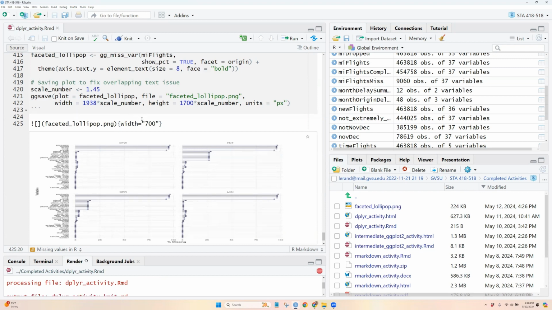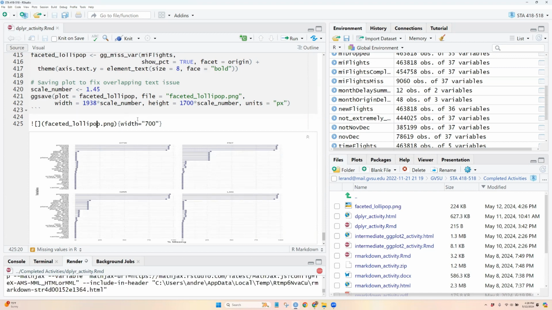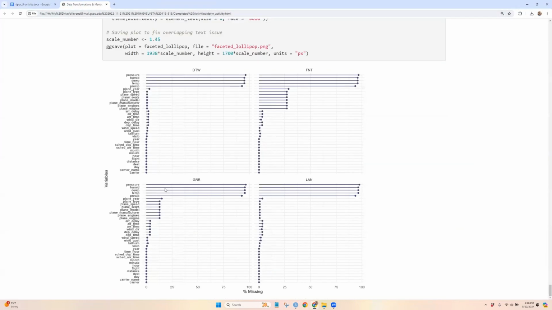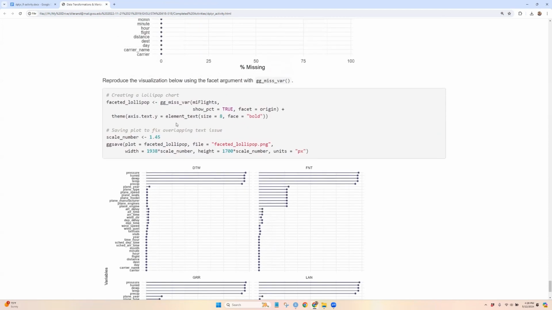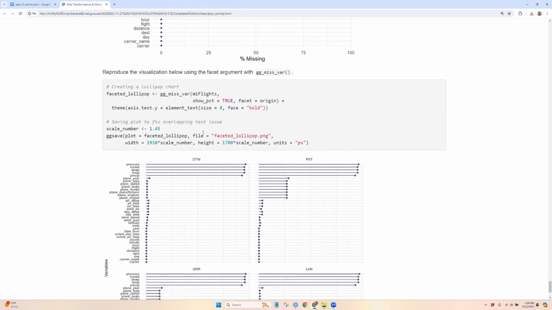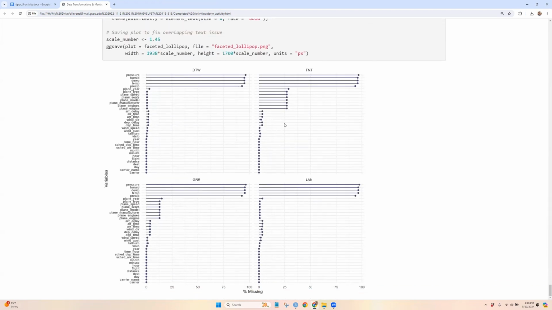And if we look at that result, we can see that that's the case. So a little bit of a pain to play around with the relative size of the plot to get it to not overlap, but overall we end up with this nice, beautiful